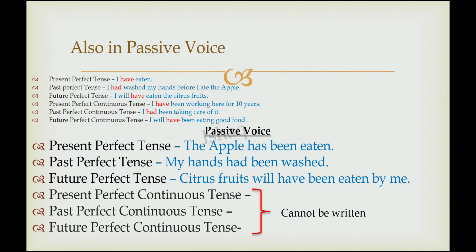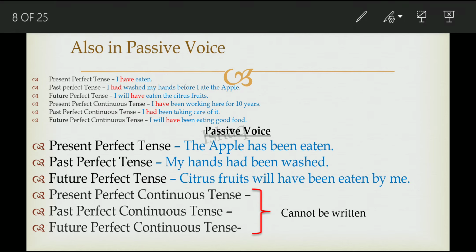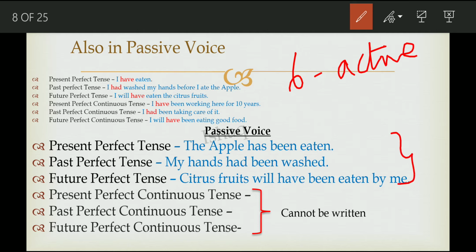And the other thing we'll have to discuss is, other than those six tenses which we use in active voice, we also use these three structures in passive voice. Very important. It is not that only six active voice structures are there to use. There are three more passive voice structures, which are present perfect tense in passive voice, past perfect tense in passive voice, and future perfect tense in passive voice.